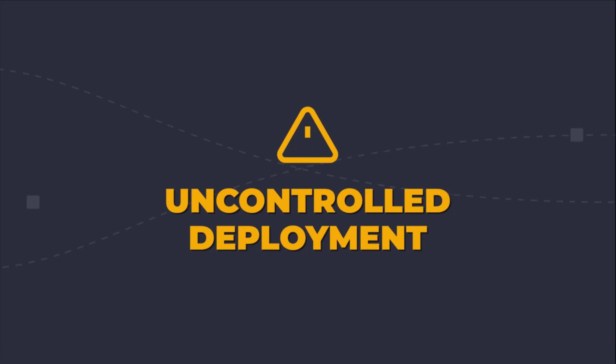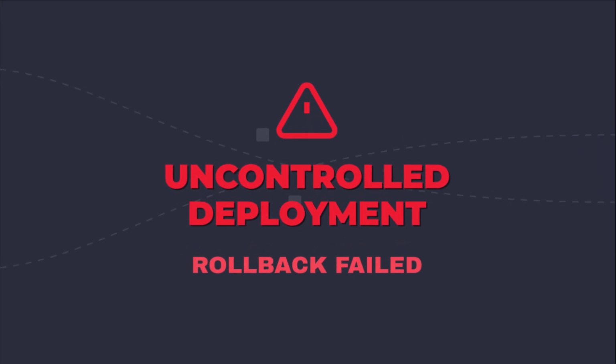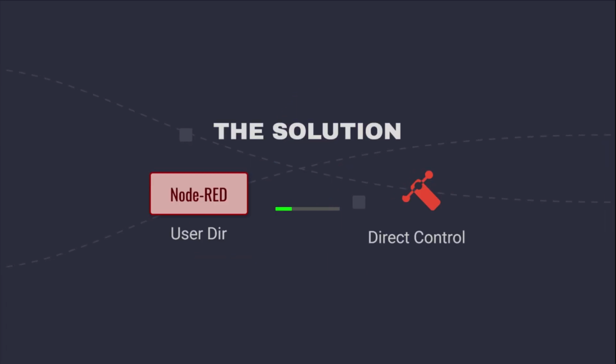Uncontrolled Node-RED deployments introduce unacceptable risk in industrial environments. A failed flow update requires immediate, reliable rollback, which the standard deployment button does not provide. We bypass the Node-RED project feature, which often complicates CI/CD integration, and focus on direct Git control of the user